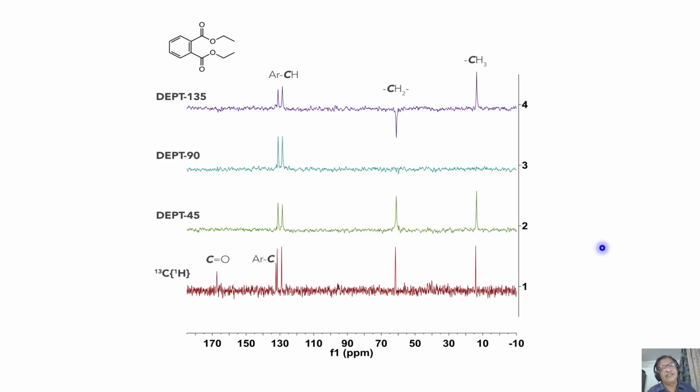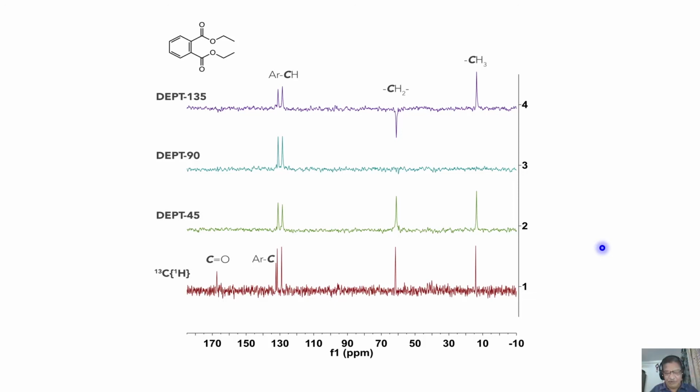So the alternative for that is a polarization transfer experiment called the DEPT experiment. The expansion for it is Distortionless Enhancement by Polarization Transfer. If that experiment is done, the pulse sequence is simple. There is a spin-echo sequence and also polarization transfer, both are present there. There is a last pulse in the proton channel, which we call a detection pulse, with the flip angle phi. You can vary the flip angle phi.